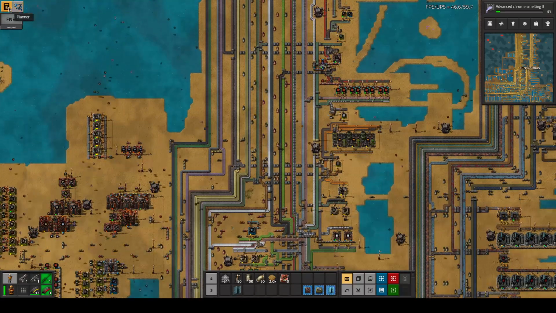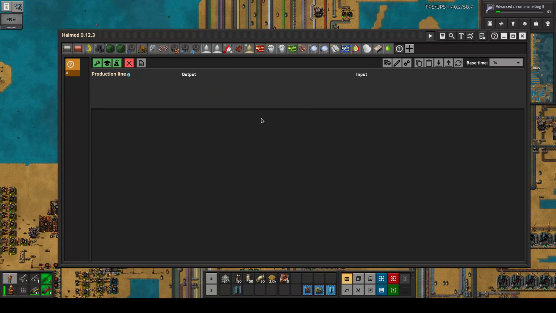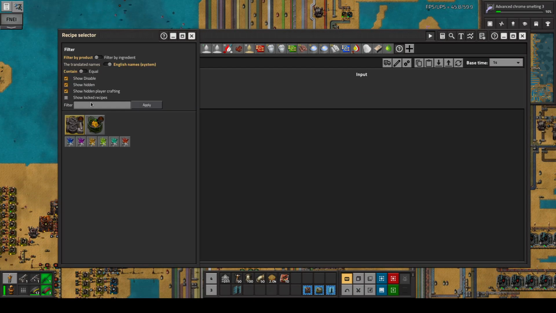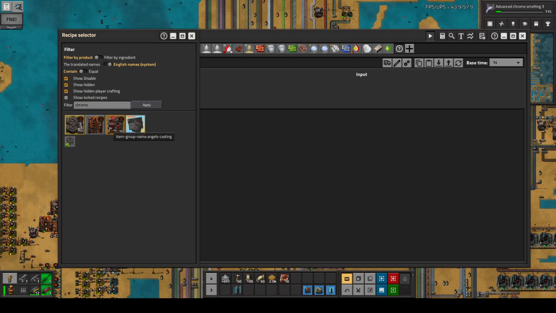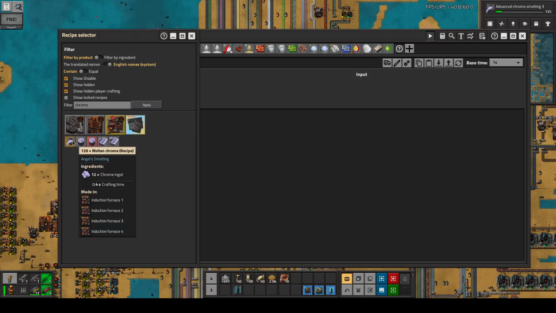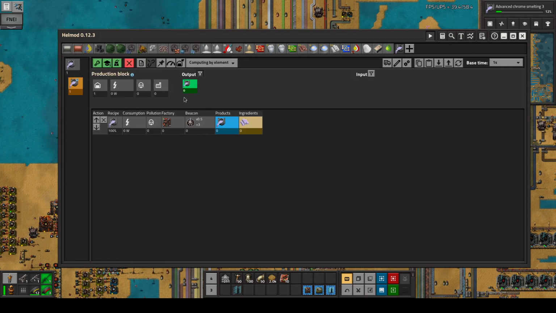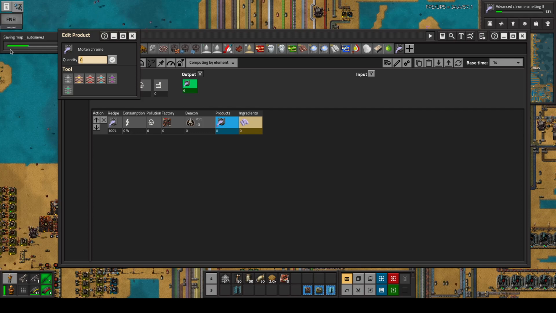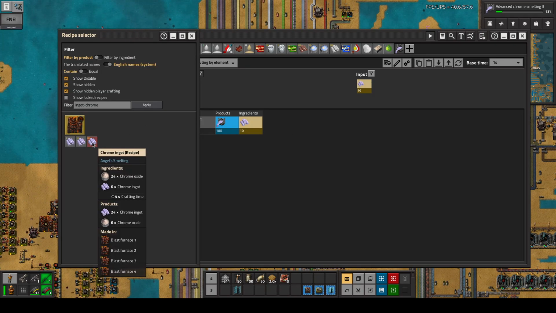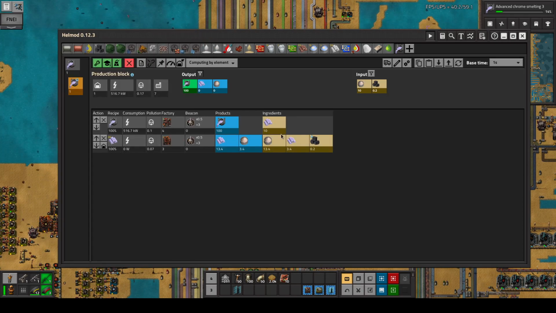Let's set up a small helmet for this. So we're gonna make chrome. Let's do molten chrome. And we want to get 100. Sure. Then we're gonna need to make these, for which we'll use these, which means we'll need...